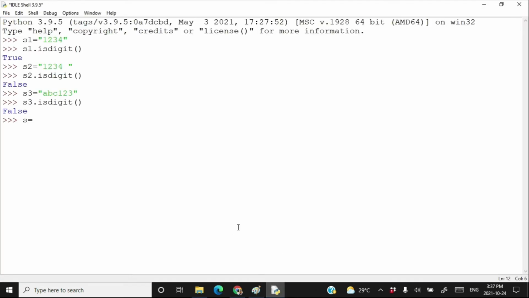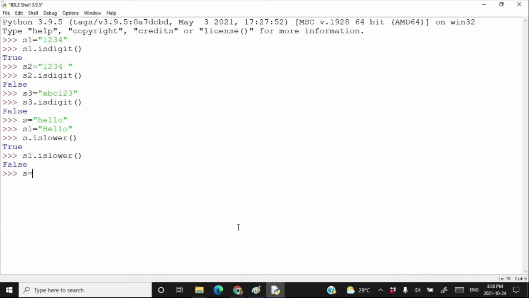If I write s is equal to a string in all lowercase characters, and s1 is equal to a string where one character is in capital letter. s.islower returns true. s1.islower returns false.